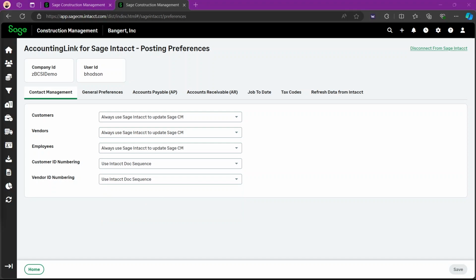There have also been specific updates for the Cost Plus without GMP contracts in the Sage Intacct accounting link. Posting a CO for the Cost Plus without GMP contract is now supported without referencing project contracts or project line items. When you post a Cost Plus without GMP prime contract, it's no longer going to create a project contract in Sage Intacct. And COs and CPRs for the Cost Plus without GMP contracts are not going to be referenced in project contracts.